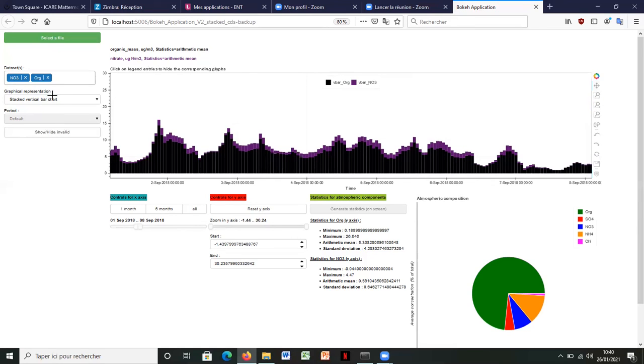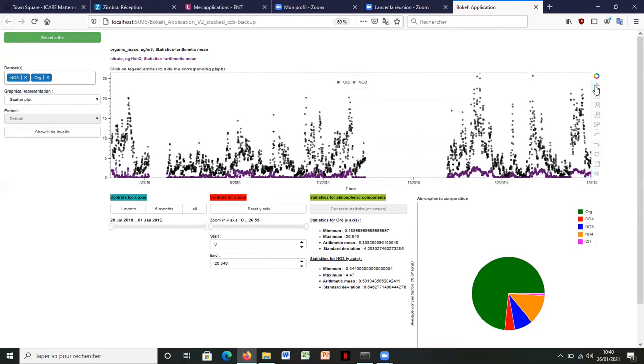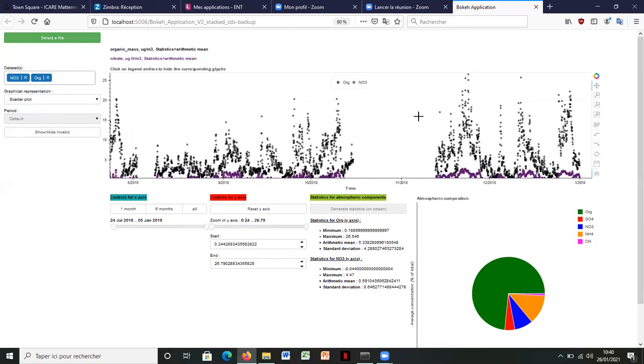So I will switch to scatter plot to facilitate the use of the toolbar. So you can use the pan tool just like this.